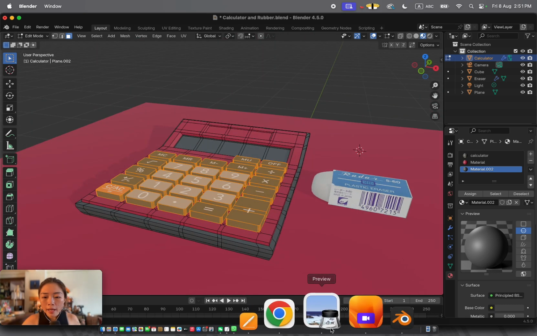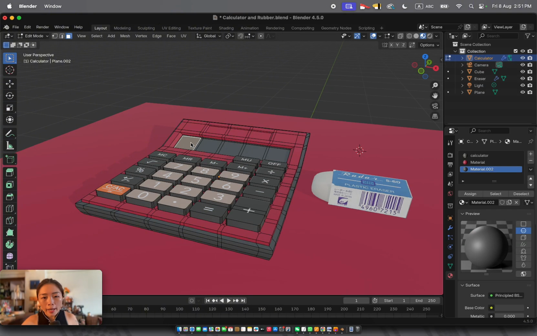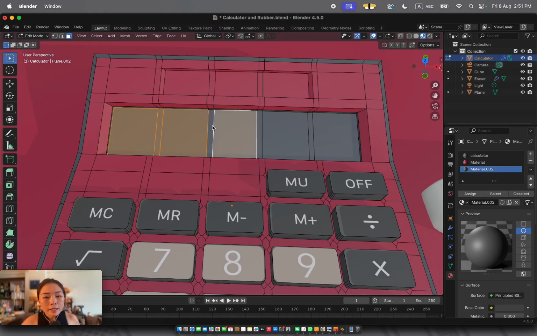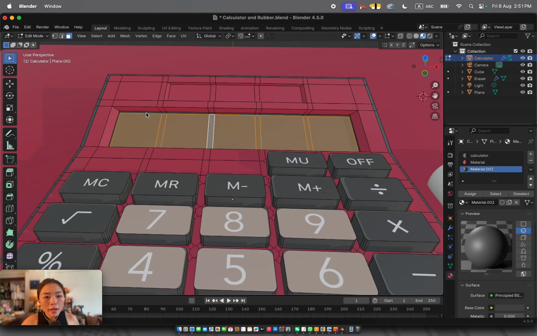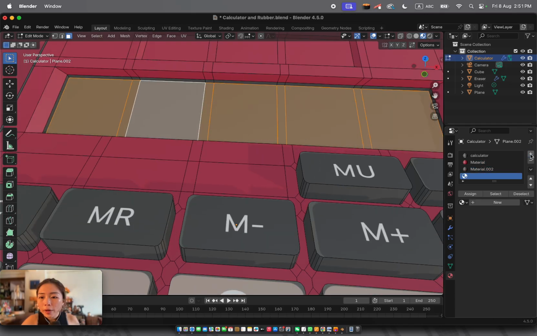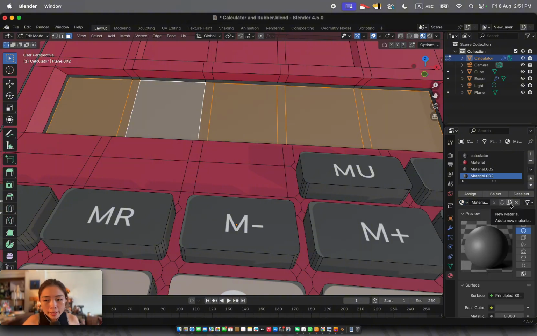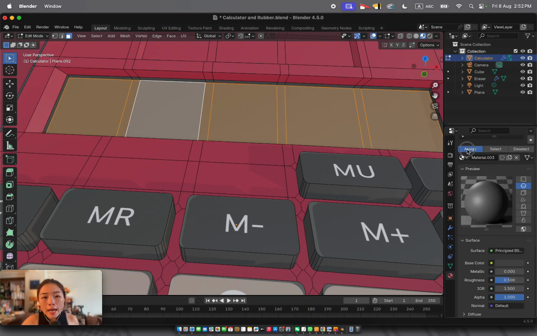If we take a look at the image here, I don't have the solar panel on top, I don't have the screen on top. Anyway, you can just create, for example, this screen, I suppose it's also gray in color, but it's slightly shinier. So what I can do is to select the faces here, all the faces, and to create another material, I can use the darker gray as the base, but I have to copy it. This is to copy, make a new material based on what I have here. Once I click this, originally it is the second material and now it becomes the third, and I can assign this material,